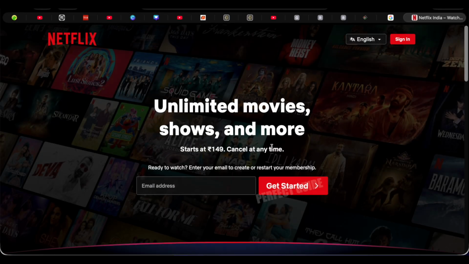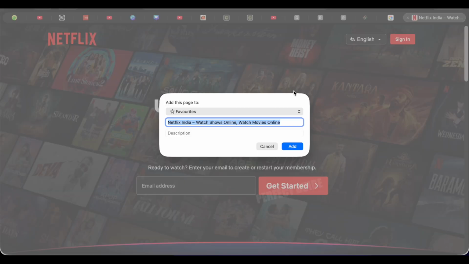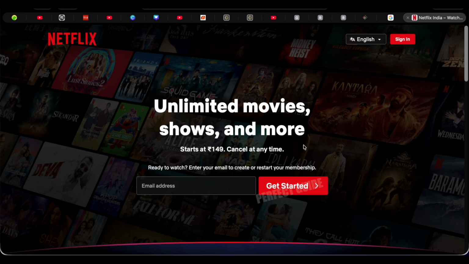The other way could be you can just simply click on this option of share at the top, and here you get this option of add bookmark to, and here you get this option favorites and simply add it quite easily. And let me just add it so you can see it. So it is added to my favorites,